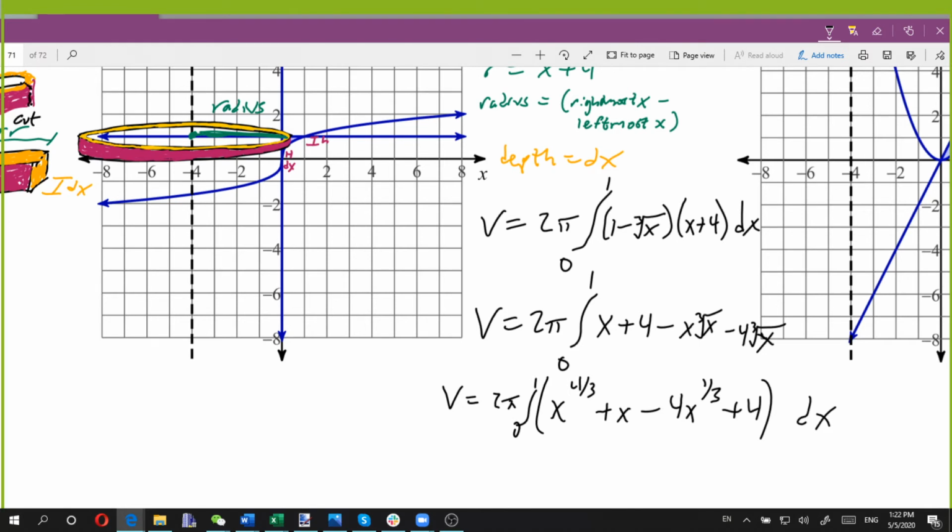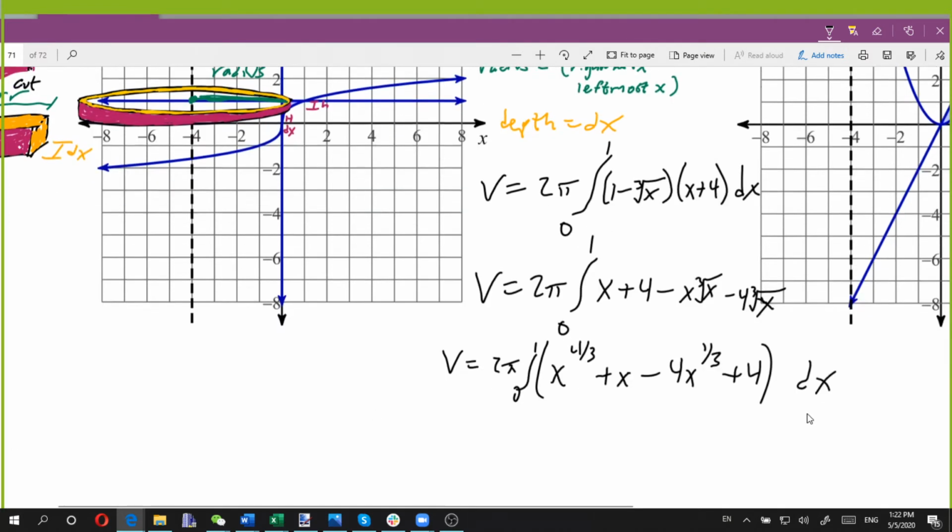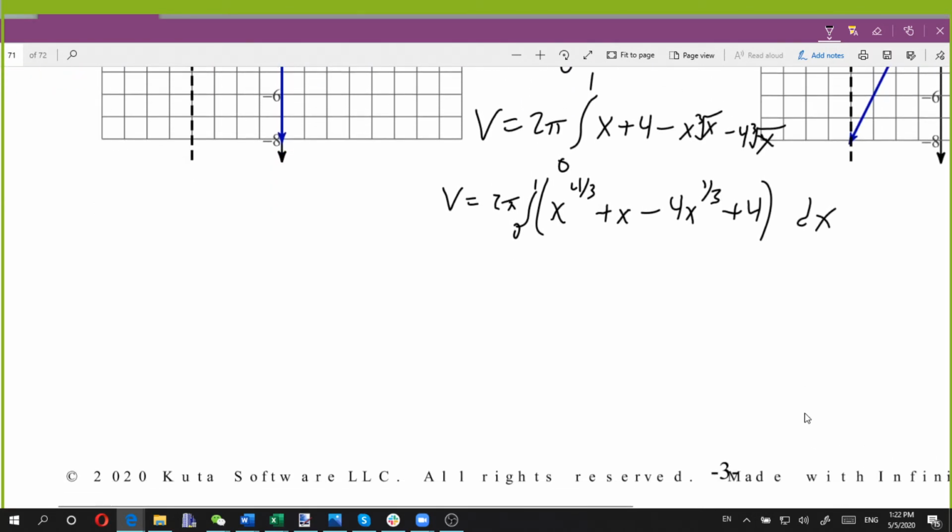Okay, I'm going to jump to Aileen. Aileen, what will happen when we integrate? 2 pi times x to the 7/3 over 7/3, plus x squared, minus 4x to the 4/3 power over 4/3, plus